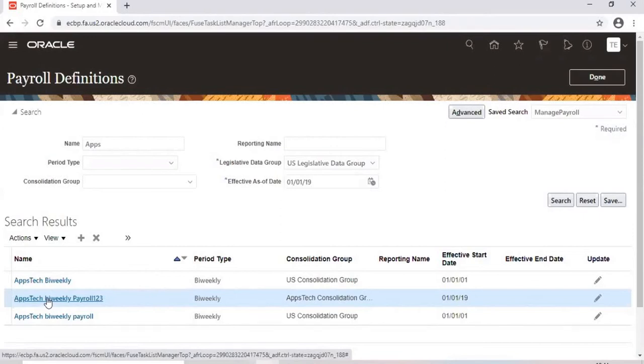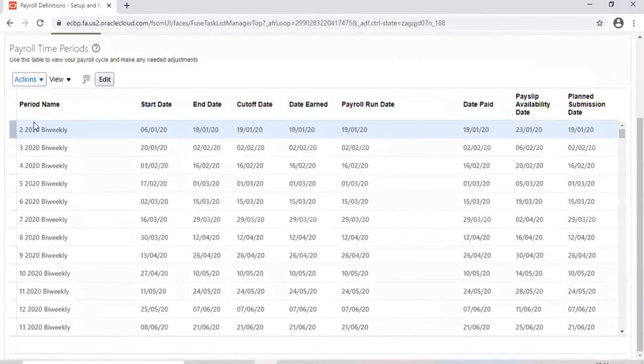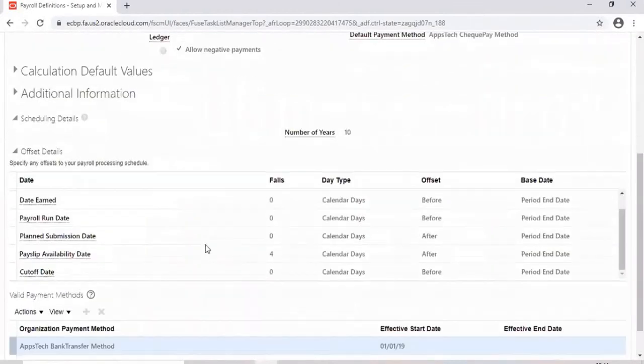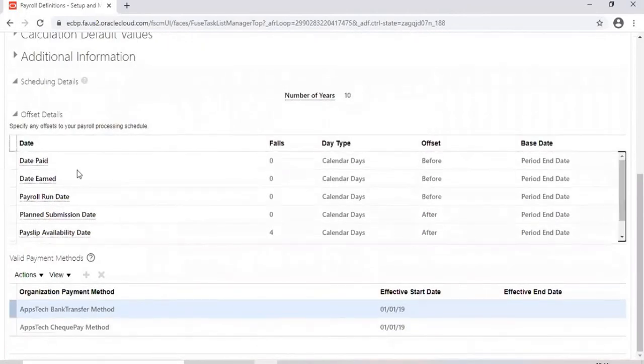Okay, that's what we have defined as standard. Not here, you go to basic details. Here, date paid, you can change it.